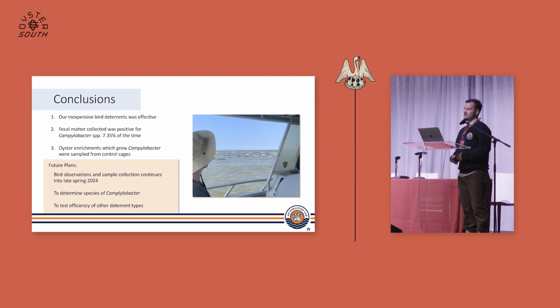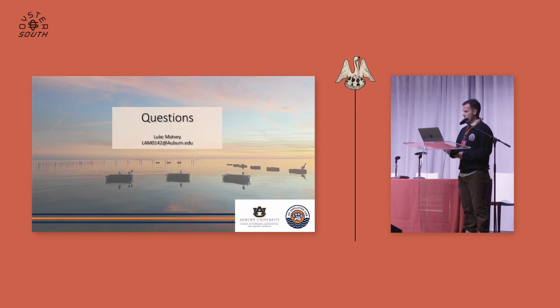Our fecal matter sampling turned up positive results for Campylobacter about 7.35% of the time. And our oyster enrichments, which grew Campylobacter, were all from control cages. So if I can go back, sorry, I didn't notice that. On the left there is a table that shows our 6 sampling dates that we've analyzed so far. And as you can see, all the positive results that we've found have been from the control cages and not